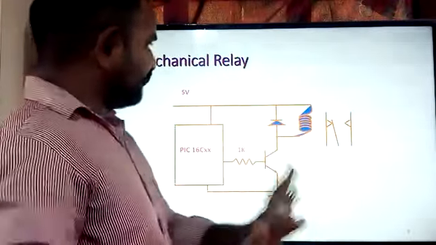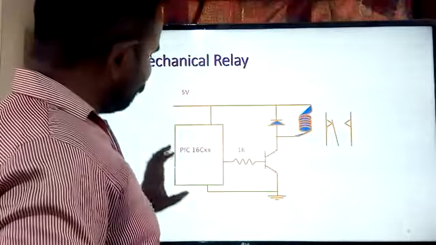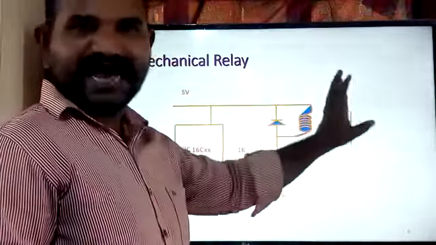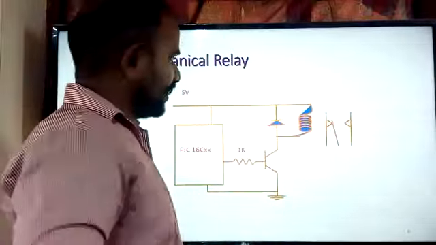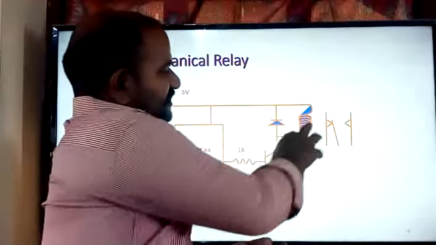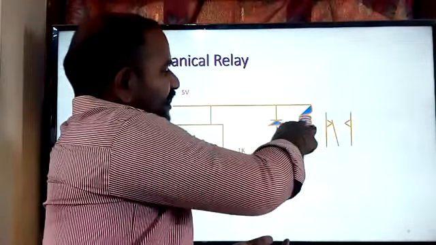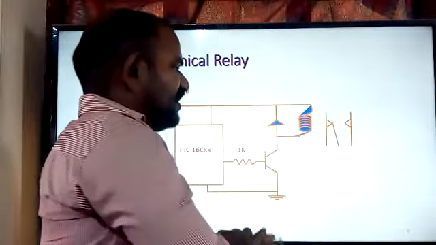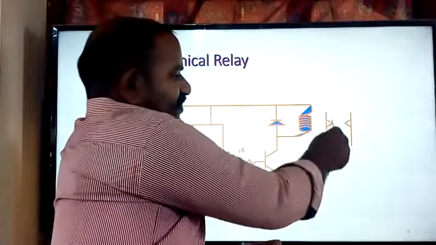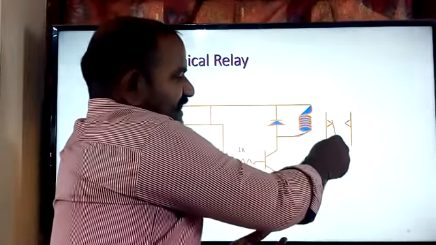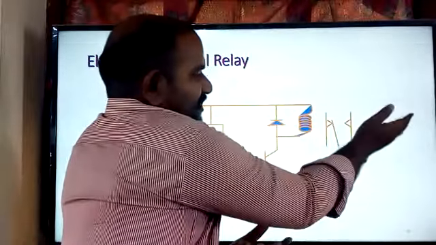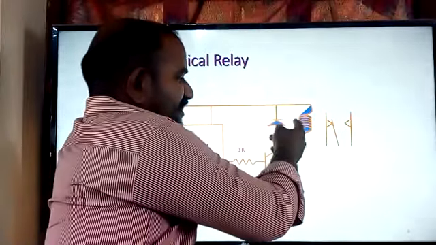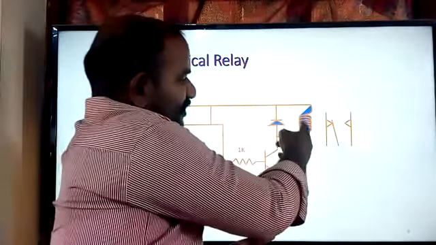As of now, here I am using the PIC microcontroller to control the AC power supply device with the help of the relay as a mediator. It is one of the applications. This relay has a coil, and this coil is shorted with a diode in the reverse bias case. Why it is shorted in reverse bias, we will see, no problem. And this needle, the middle point, is going to move either to the left side or to the right side, depending on the electromagnetic field generated by this particular coil.